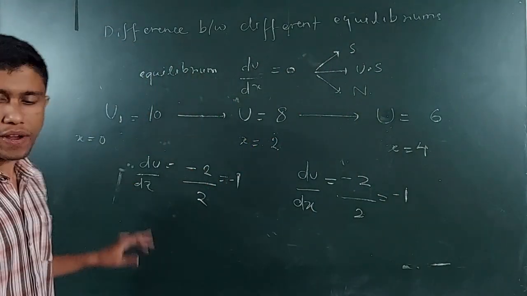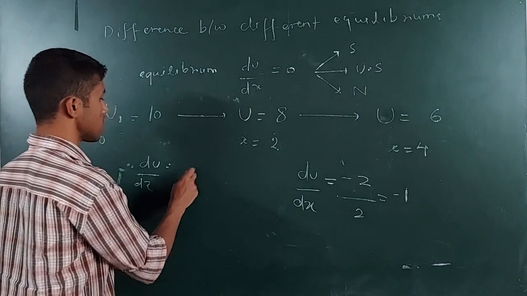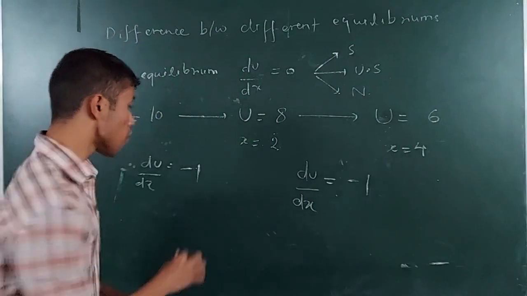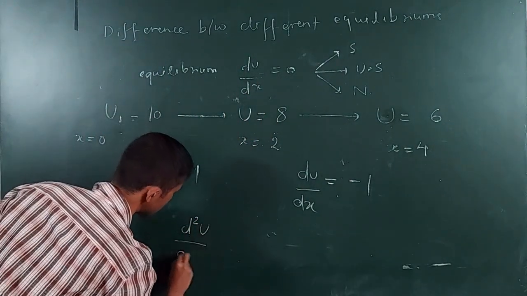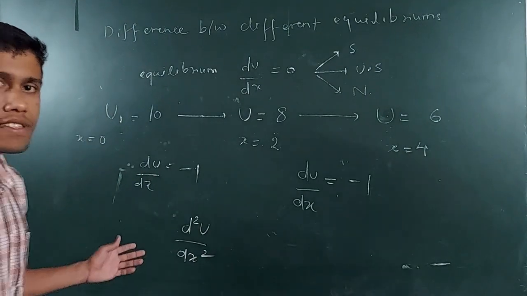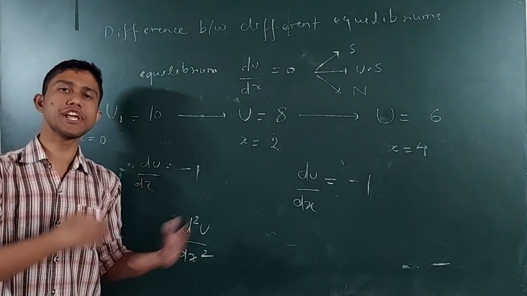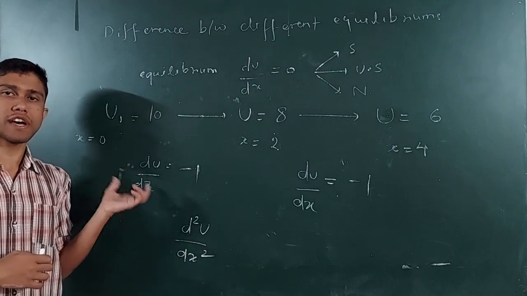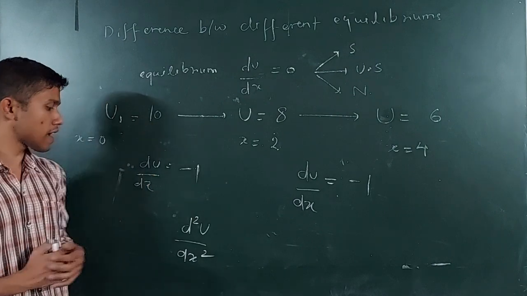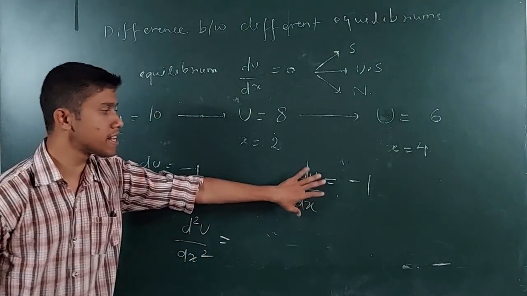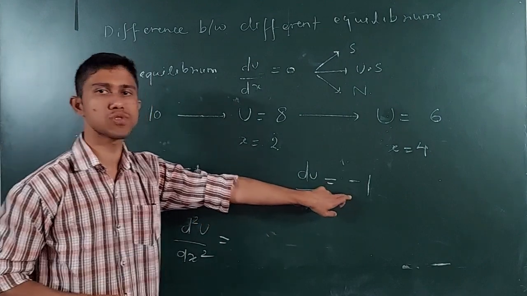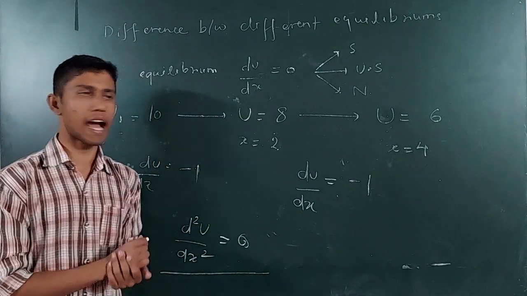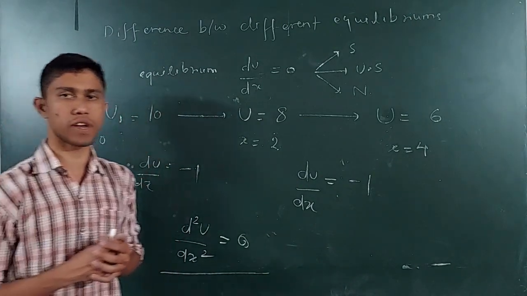So now this is du by dx initial, which is minus 1, and du by dx here is minus 1. So now I want d square u by dx square. Are you understanding this? This is nothing but the change in du by dx, or it can be written as the rate of change of du by dx. So d square u by dx square is nothing but the difference between these two terms. So it was initially minus 1 and minus 1, so finally it is going to be 0. So are you understanding how we went from u to d square u by dx square?